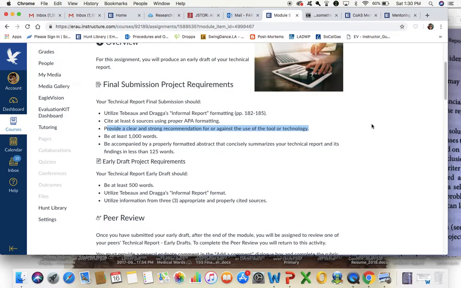So whatever tool or tech you're choosing, the technical report thesis should ultimately be, are you recommending it or are you not recommending it, and why or why not? So you can't just say I'm recommending it or I'm not recommending it. You then have to answer because of these reasons, and they might be feasibility reasons. That's why I'm saying